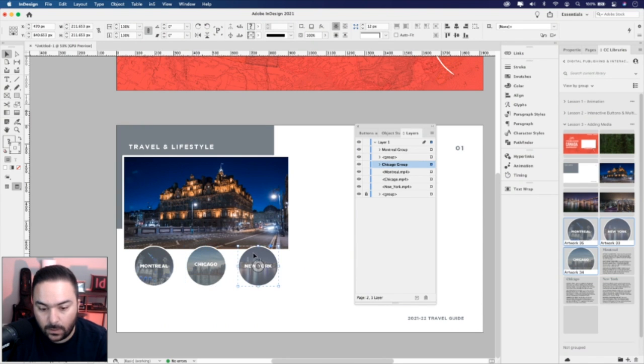And then click on New York, and this will be New York group. So it's very important to rename the groups and the buttons in your layers panel as you're working, just so you know what group is, okay? So now there's no confusion. I am going to drag Chicago as the second one.